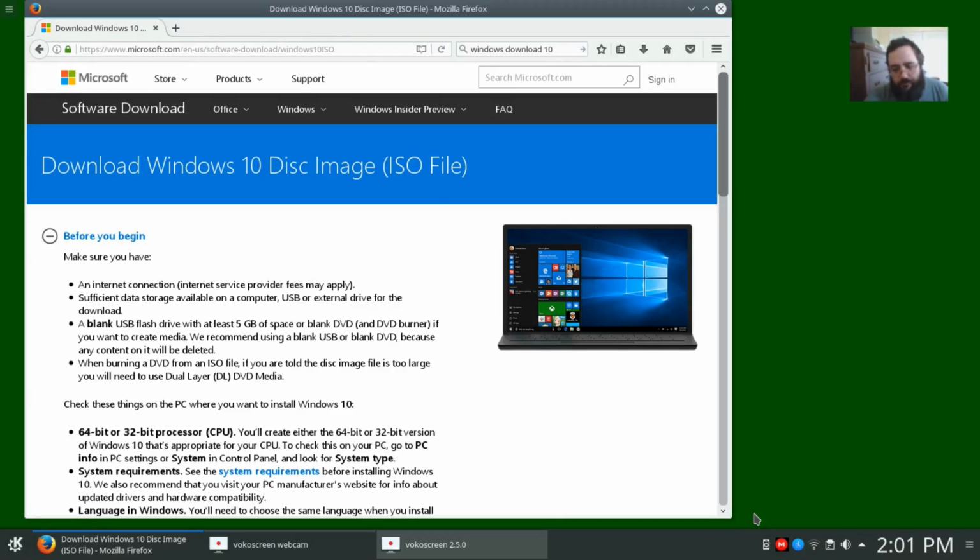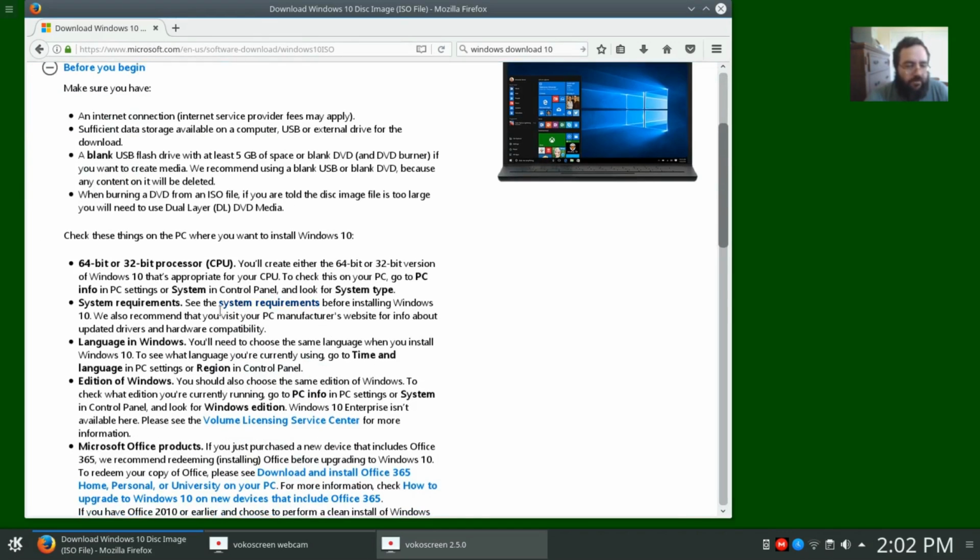Hi, today I'm going to show how to install Windows 10 on a Linux machine. This one is W9, but it should work with any computer that has VirtualBox in it, or some other virtual machine, whichever you prefer. So right now I'm at the Microsoft site, and it's giving me the warnings about how